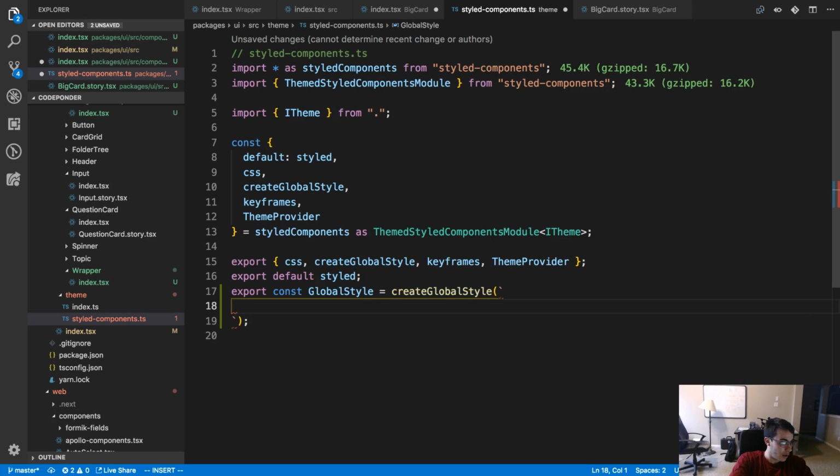All right, so we want star, box sizing, border box.